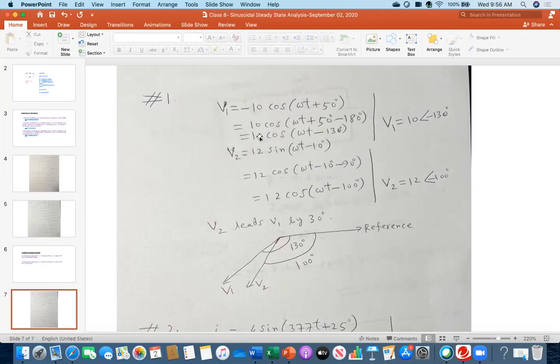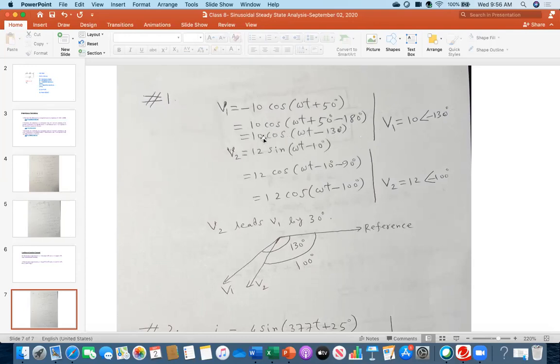So what does that mean? This is the time domain function. So you can say this one is V, 10 at an angle of minus 130. So this is in phasor format. You may not need to write this on, just for today I am writing, because for the very first time you are learning this lagging or leading concept. That's why I'm saying you may not need to write this. Just by looking, you can conclude.